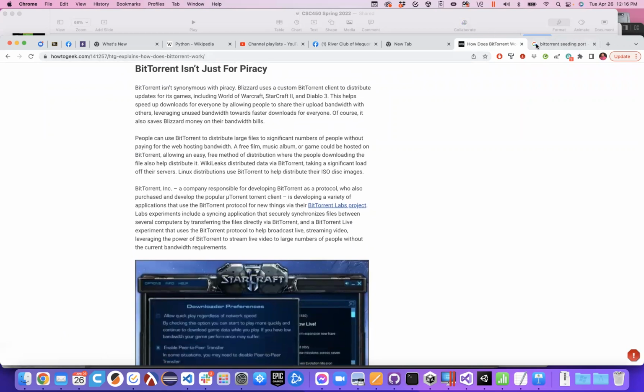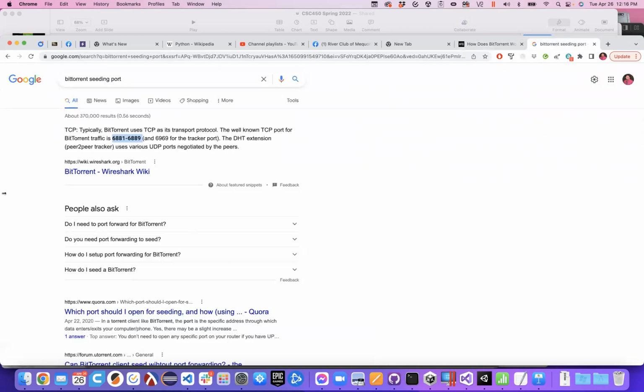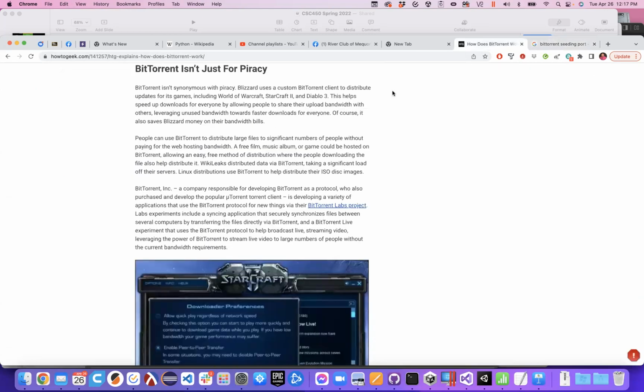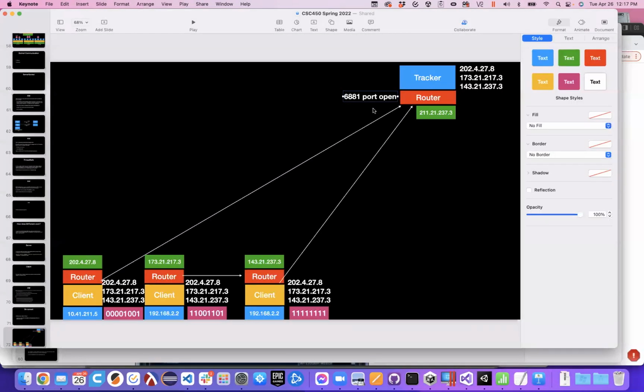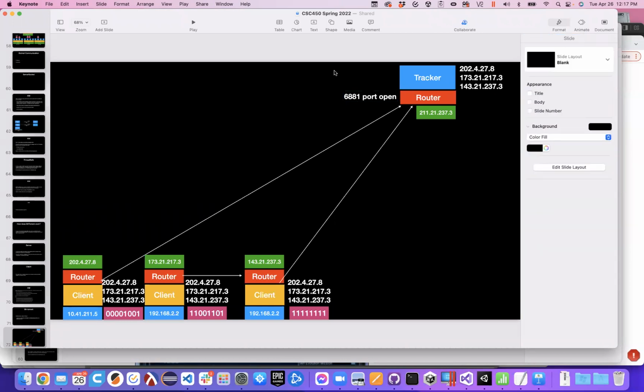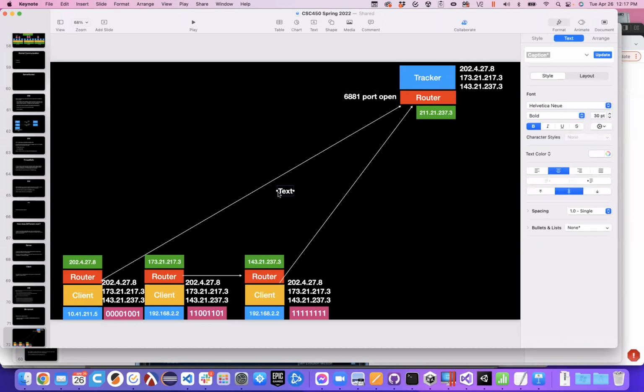And maybe the folks who picked port numbers didn't necessarily pick the most mature port numbers. So we'll assume this is the tracker port, and we'll come down here and we'll say that